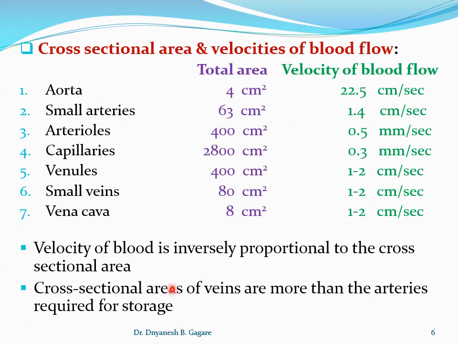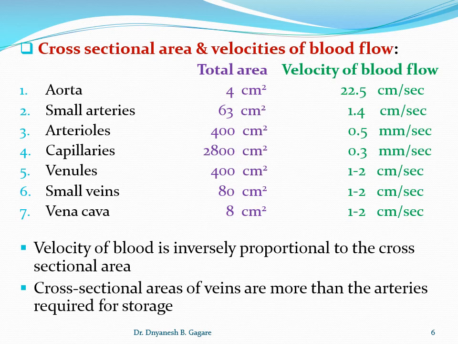Students, in our previous lecture, we also studied the relation of cross-sectional area with the velocity. The velocity of the blood is inversely proportional to the cross-sectional area. In this slide, remember that if the cross-sectional area increases, for example, it is highest in the capillary, and here the velocity decreases up to 0.3. This means blood stays in the capillary for the maximum time, and because of this it is possible for the capillary to exchange the metabolic end products with the nutrients and oxygen.